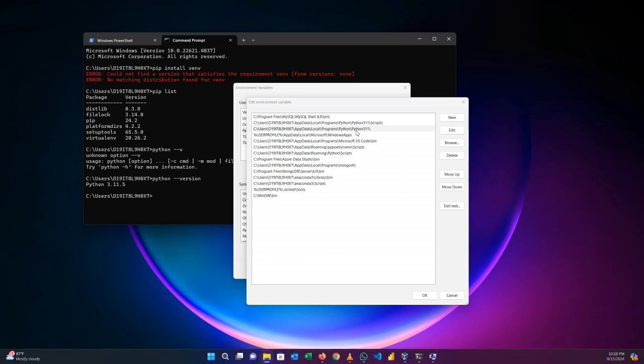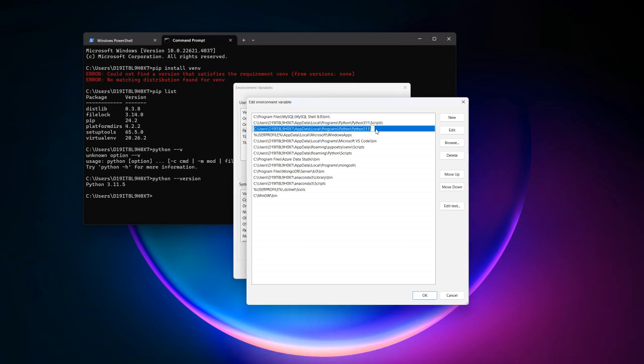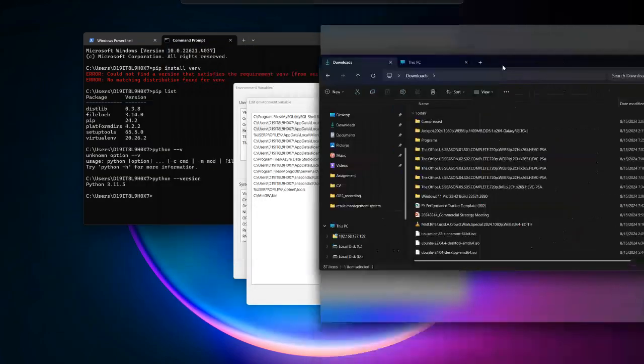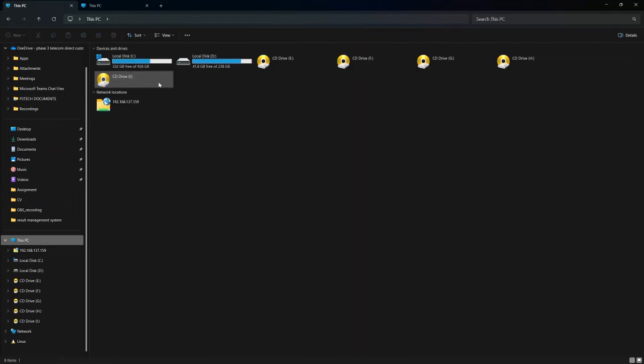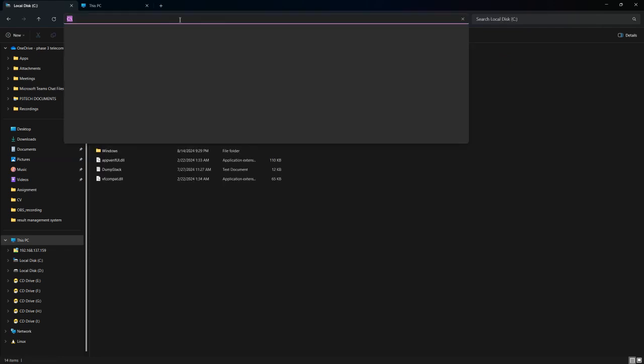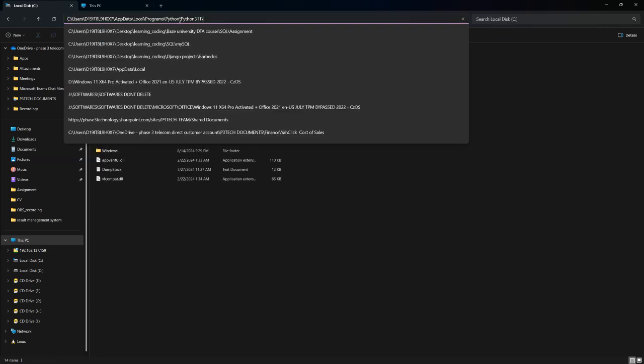Again, I'm going to copy this because I already have it. I'll go to my file explorer, go to This PC, C drive, like that, but I'm actually going to just paste this here, and